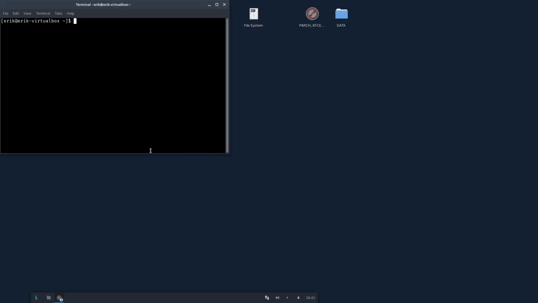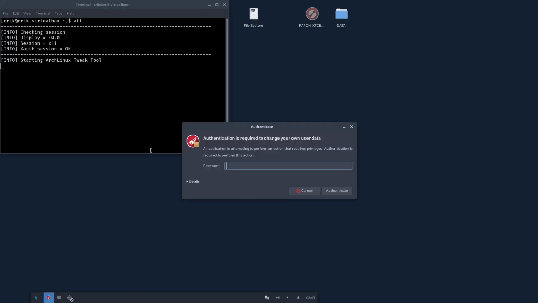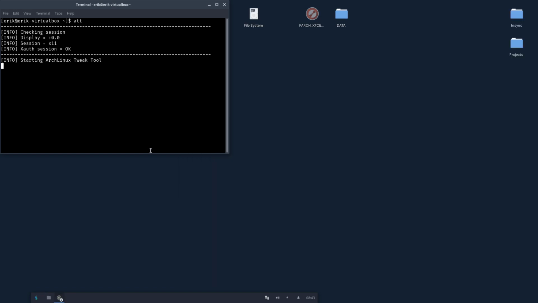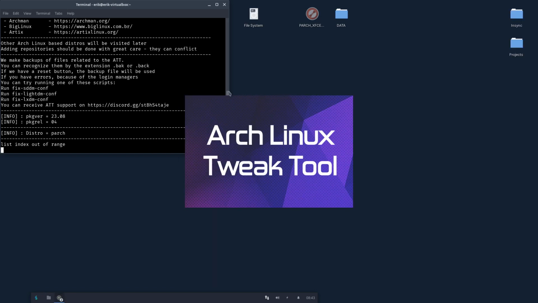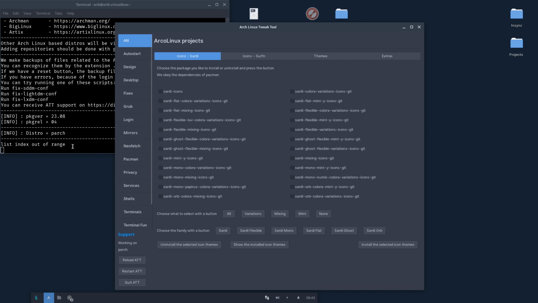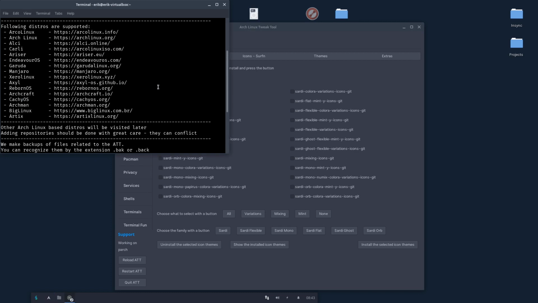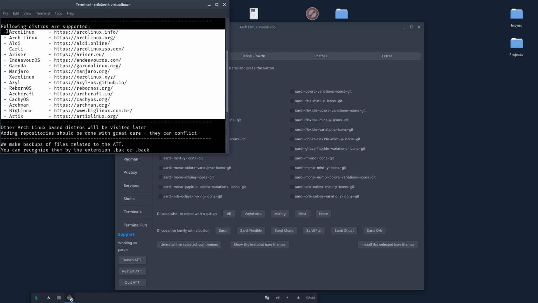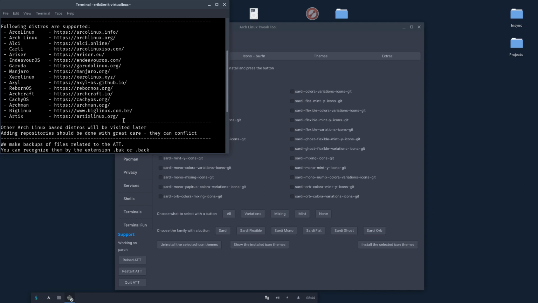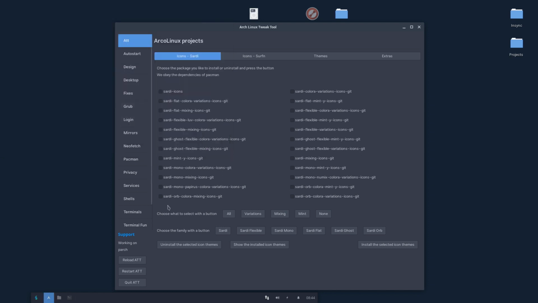If we do Control T, ATT, then you get a list of all the ArcoLinux systems where it works. And this is something to be looked at, but here is the long list. So we can add Parchlinux to the list with a little link to it, and then that will be that. Close window,